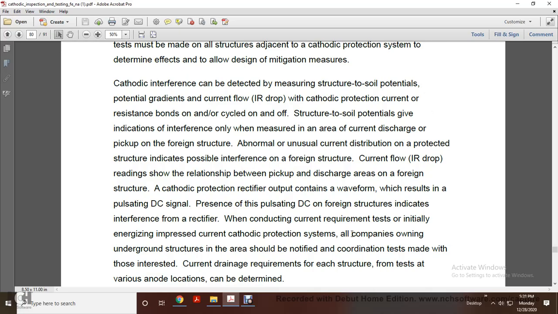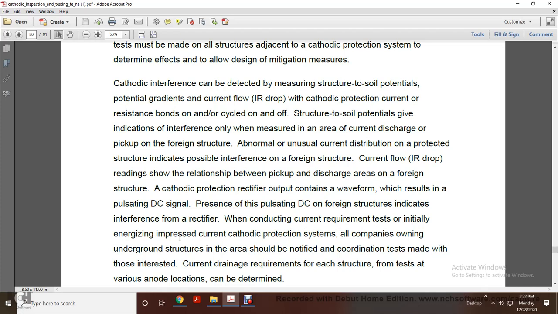The current flow, the ampere drop reading, shows the relationship between the pickup and discharge area with the foreign structure. The cathodic protection rectifier outputs a waveform which results in a pulsating DC signal. The presence of a pulsating DC signal on foreign structures indicates interference from the rectifier. Conducting current requirements test, initial energizing of the impressed current